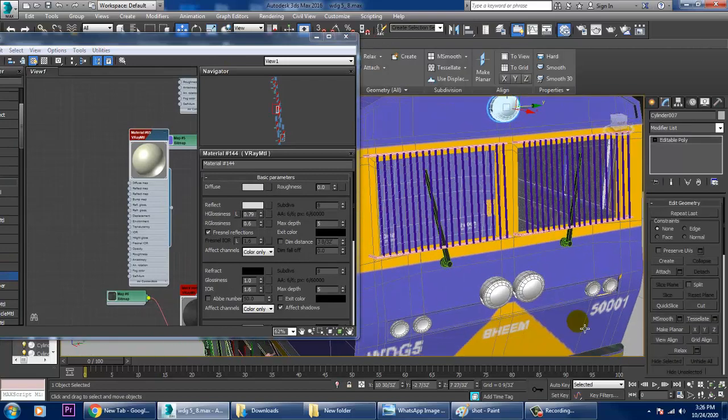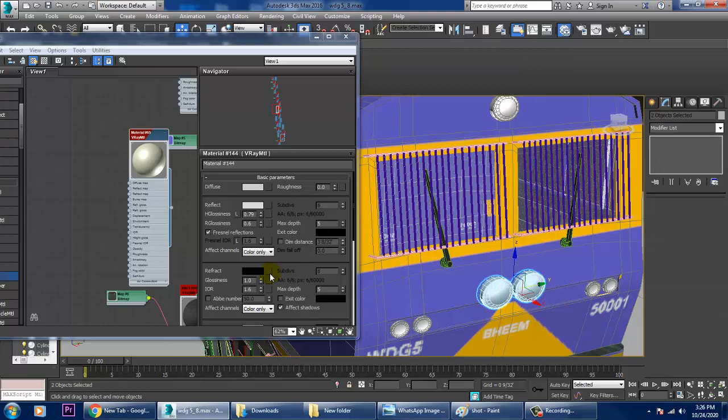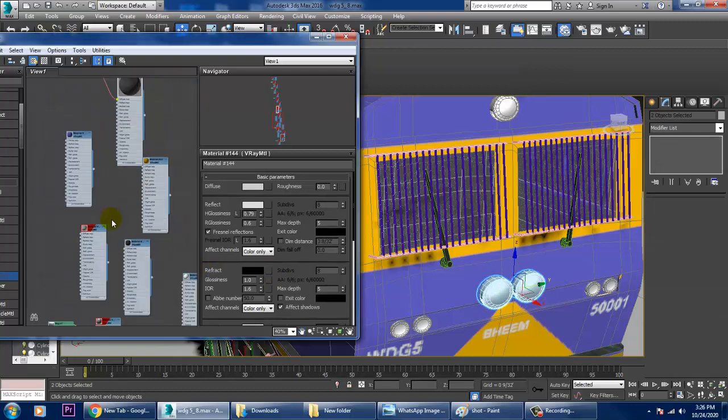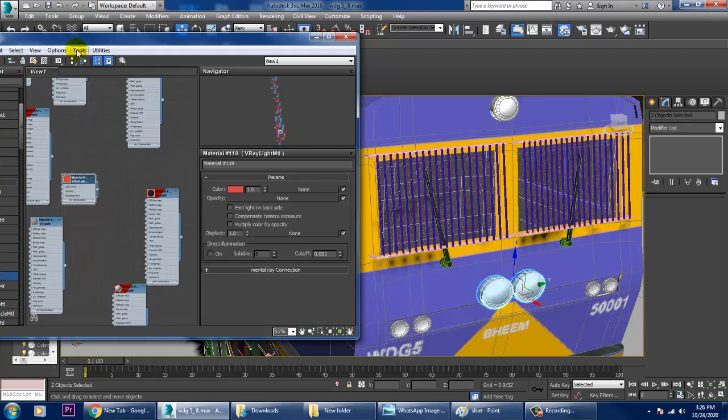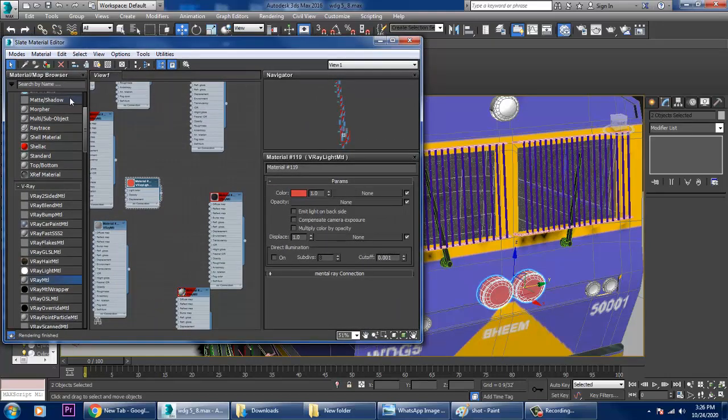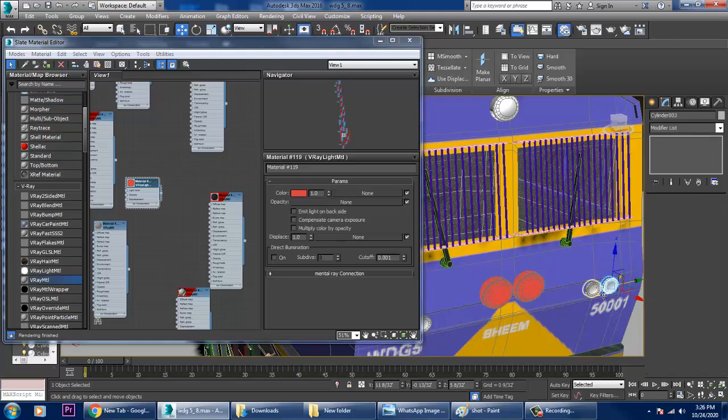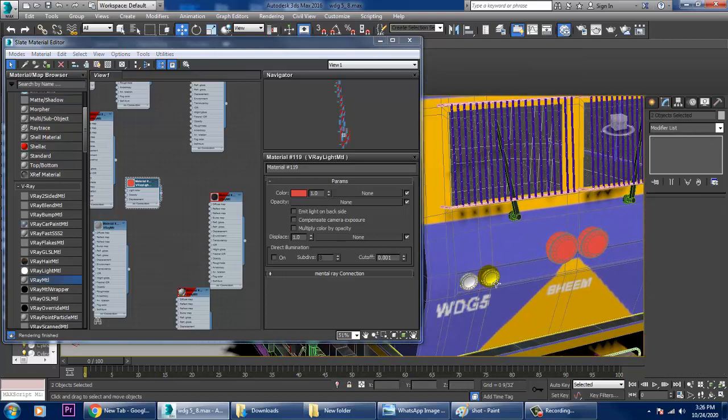Select this and this. Let's go down. Let's take a light material over here for this and this. We'll take the same material.